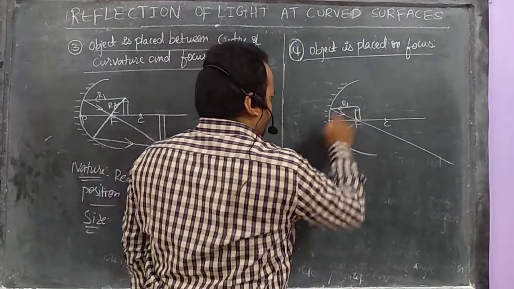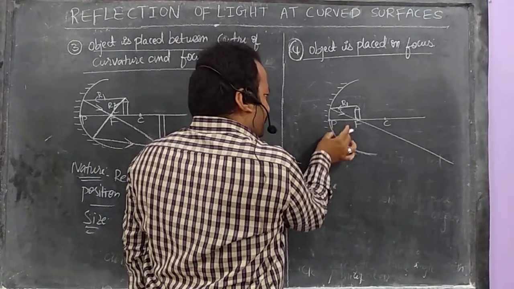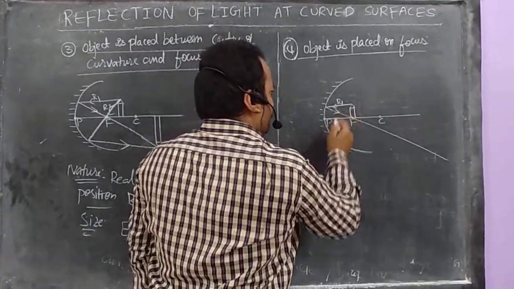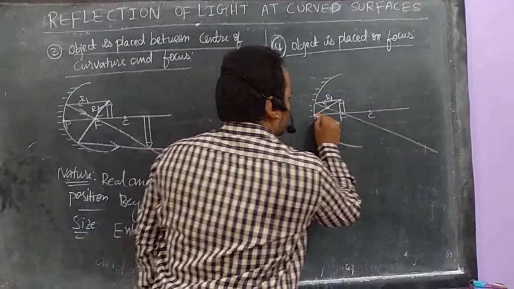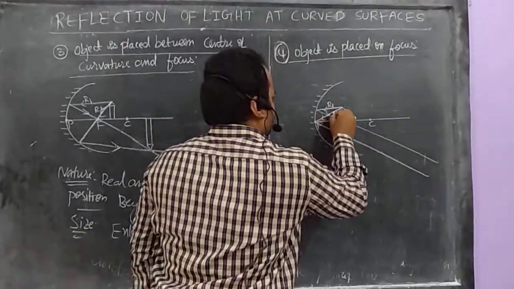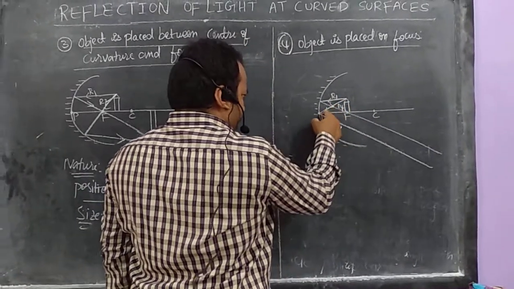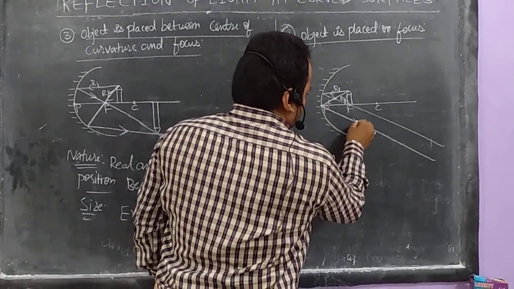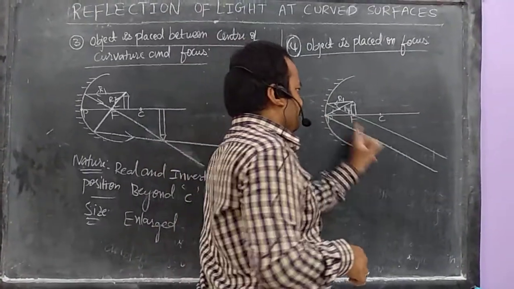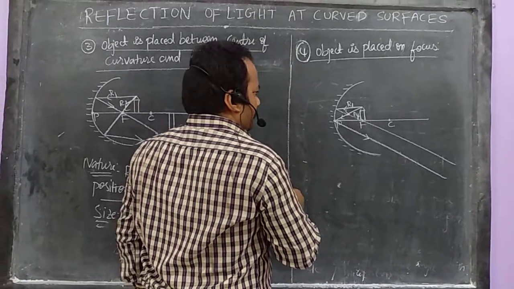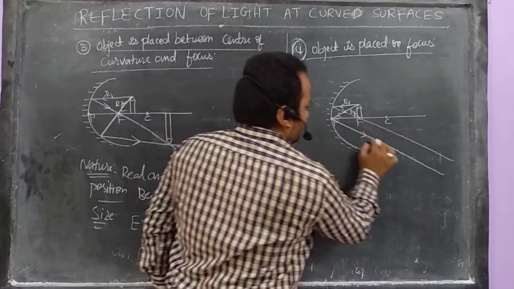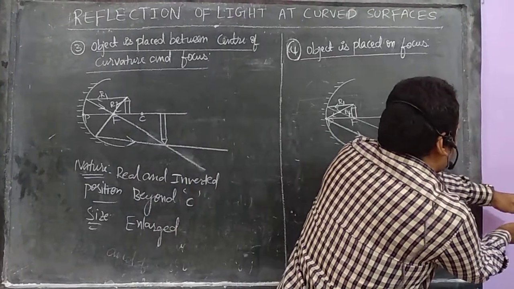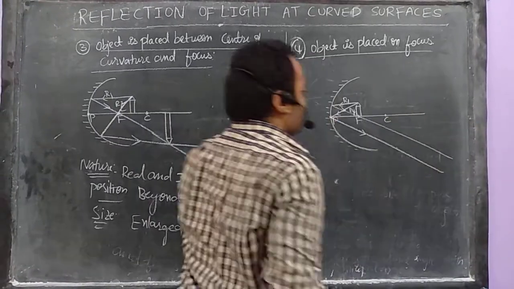So I will go directly with rule 4. Why am I going with rule 4? Because the object is near the pole, so it is easy to apply rule 4. This is your rule 4. The incident ray is falling on the pole of the concave mirror and the reflected ray makes the same angle with the principal axis. Now, when these two reflected rays, these two intersecting lines, meet at one point, there we will get the image.